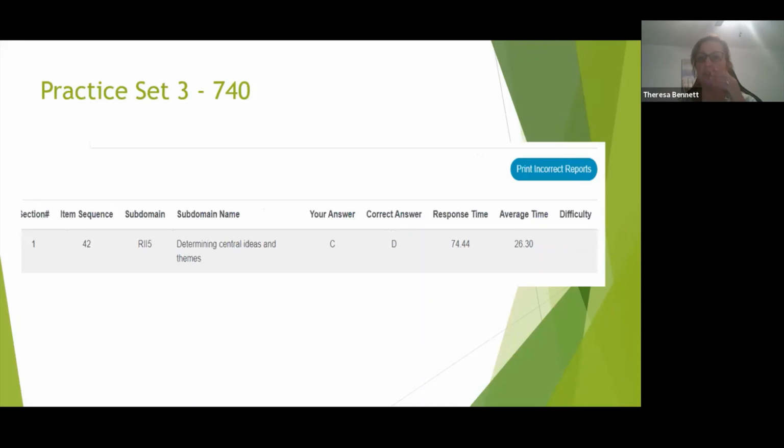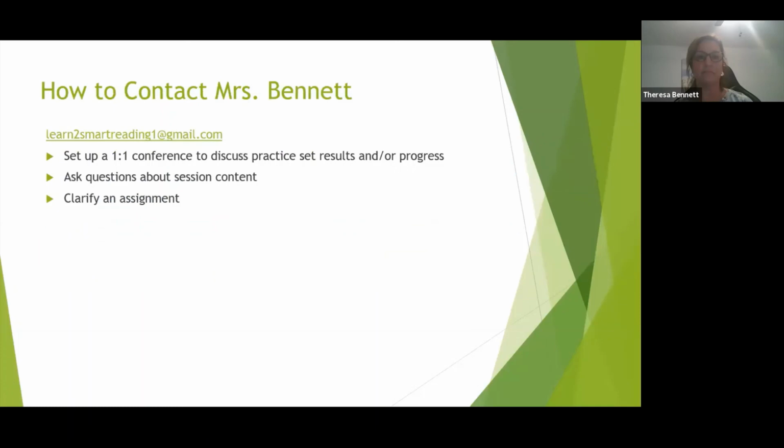If they leave the course and still have one or two items that they have not mastered, then I share the question bank with them so they can go in and pull items and make their own custom sets to keep practicing. And we also have all of our Jamboard slides that they can go back and review and practice with as well. They can always contact me at any time. They can email me, they can